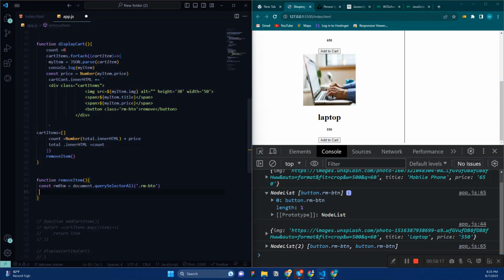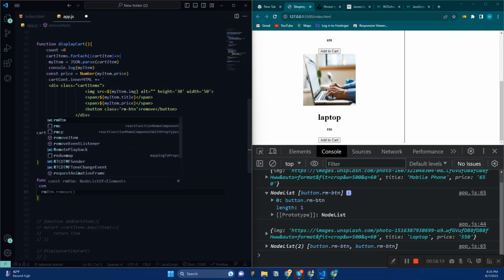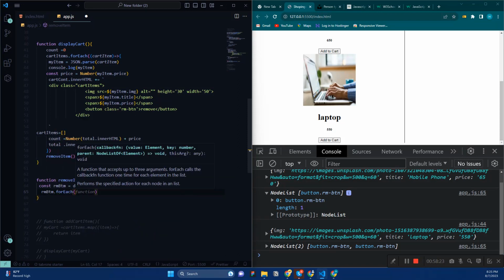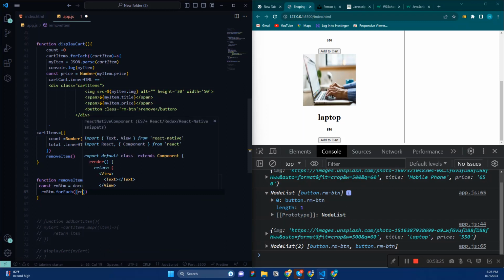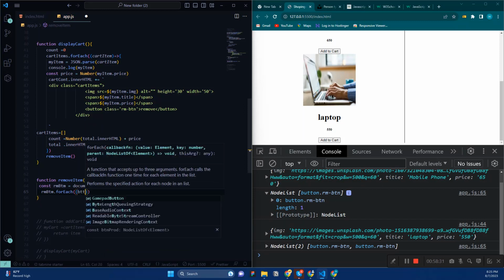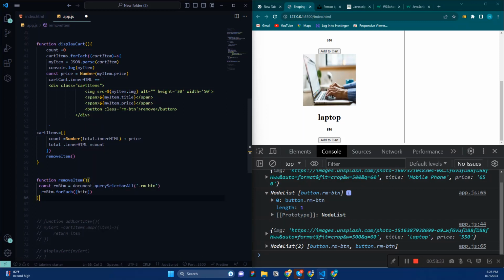We can loop through the elements with rmBtn.forEach. It is going to create a btn, okay, like this, and then I go and add